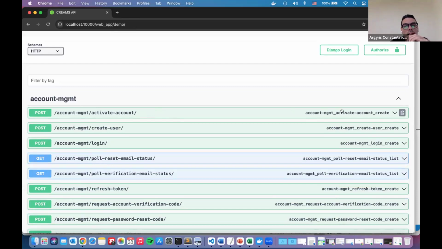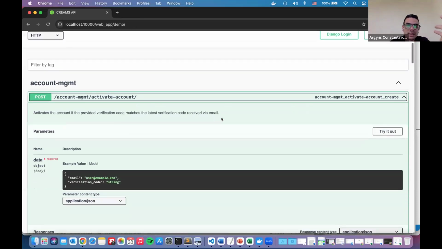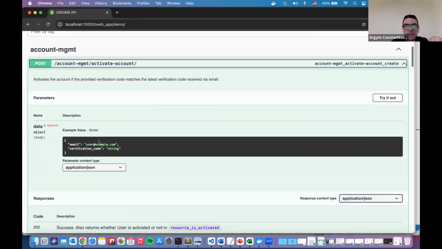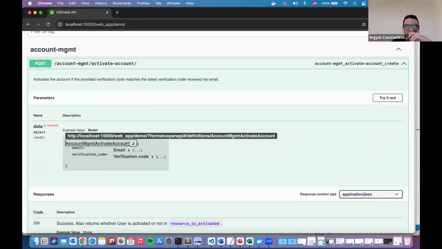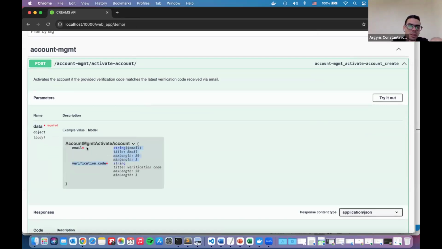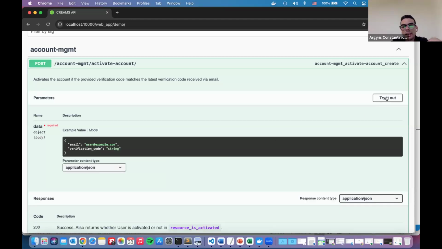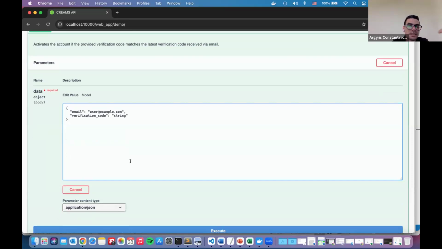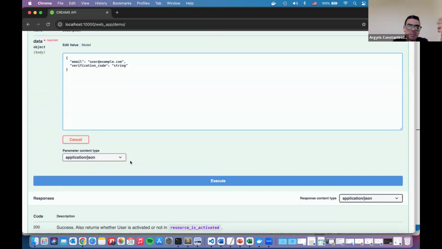So for example, for this Activate Account API, I can see the model that is bound to this API. It expects an email and a verification code. They are both required fields. And I can also try to execute, make a call to this API.